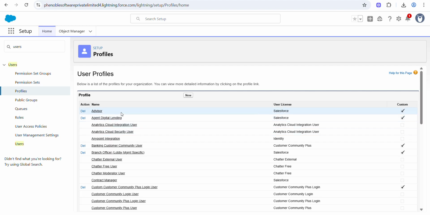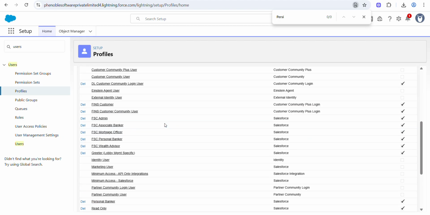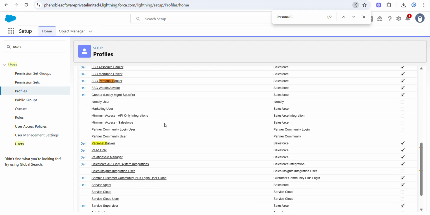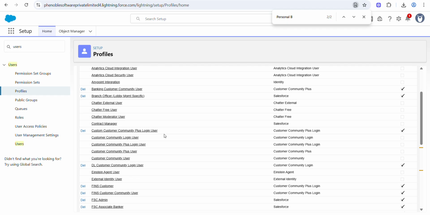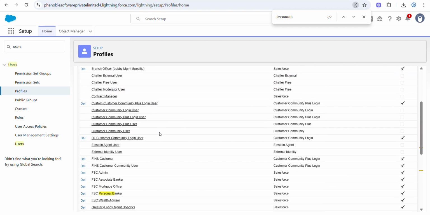You have lots of profiles, like Advisor, Personal Banker, Relationship Manager, and Associate Banker. There are several Financial Services Cloud specific profiles.